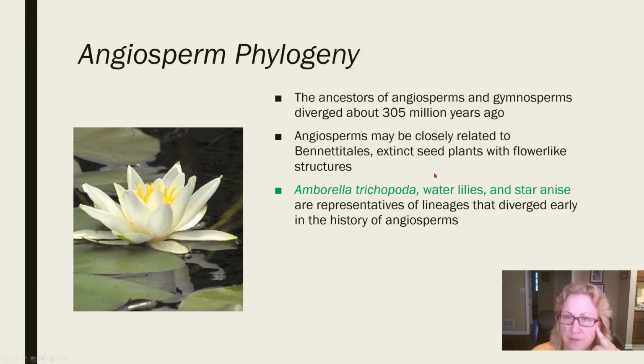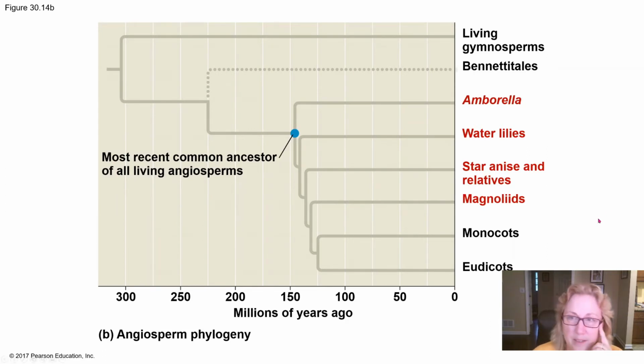But we now also know that the family that includes water lilies and also star anise are not dicots, but in fact are more primitive lineages. And this is the way we divide it now. So here's the gymnosperms down here, and then here's this extinct group, which is considered a very primitive flowering plant. And then the living angiosperms. And we used to divide, see, here's the monocots, so only having 1 cotyledon. That includes like grasses and corn and stuff. And then the true dicots,